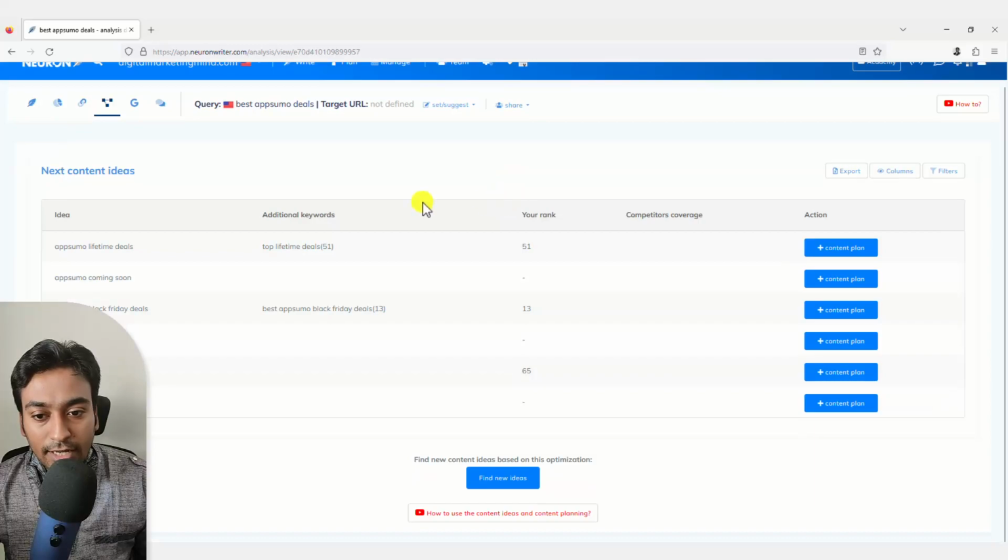And you can see now the process has finished. As soon as it finished, it shows me the ideas, additional keywords, and where I am currently ranking. In case I mention competitors in the project or when I'm creating it, it will show me the competitor coverage, and based on that I can create a content plan here as well.